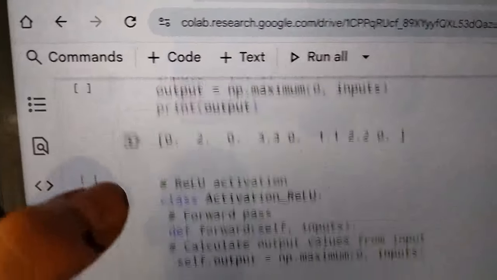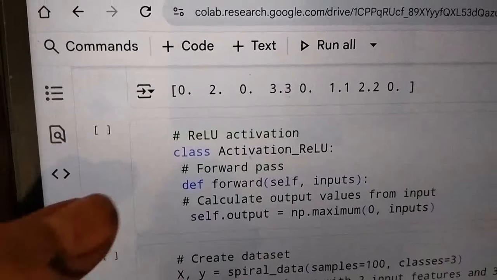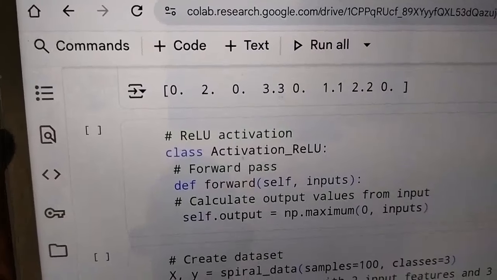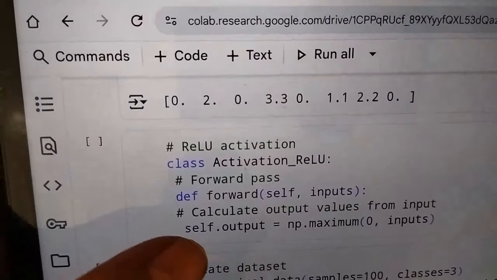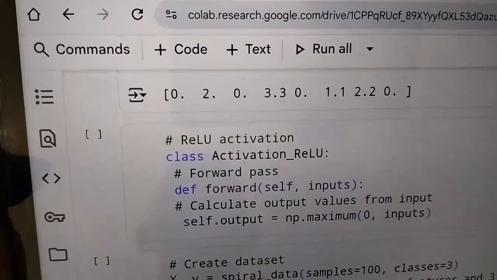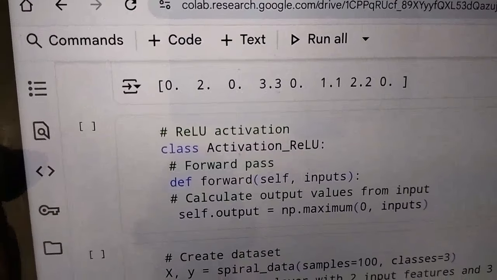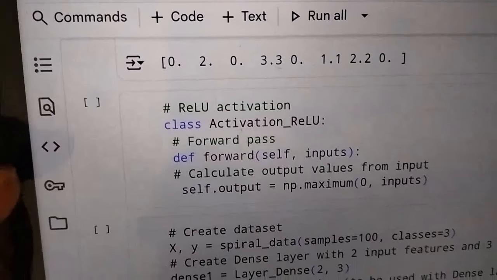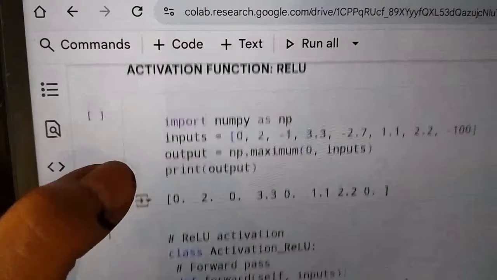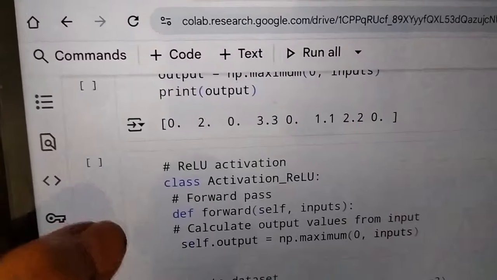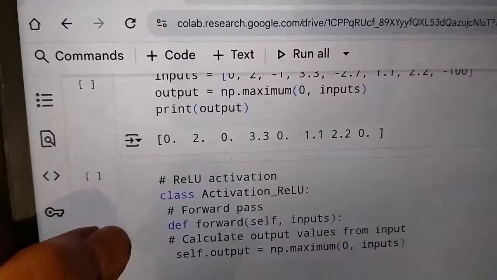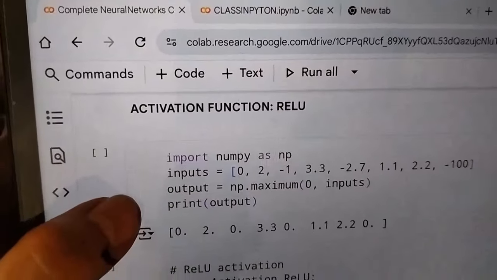Next, ReLU activation with the help of a class. I have written class Activation ReLU, then I am using def forward(self, inputs), self.output equals the same. So this and this are both the same, right? This one is with the help of a class and this is by the simple method.